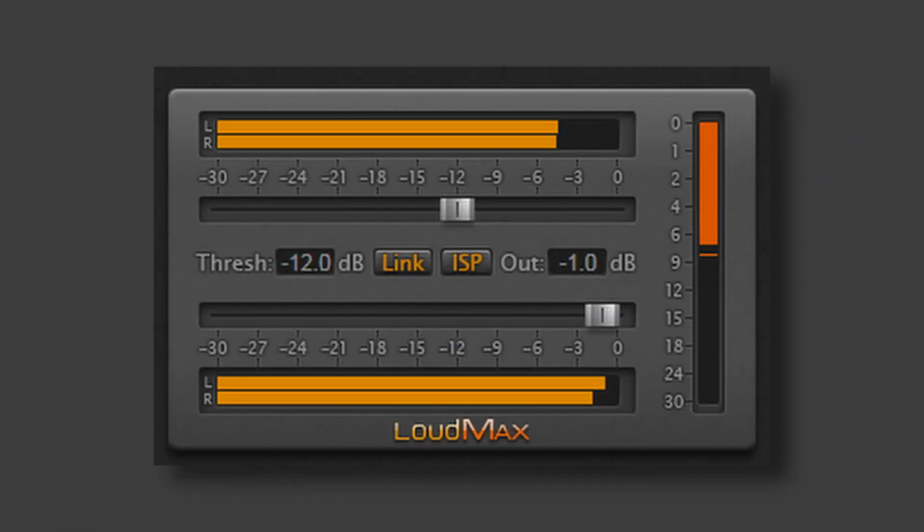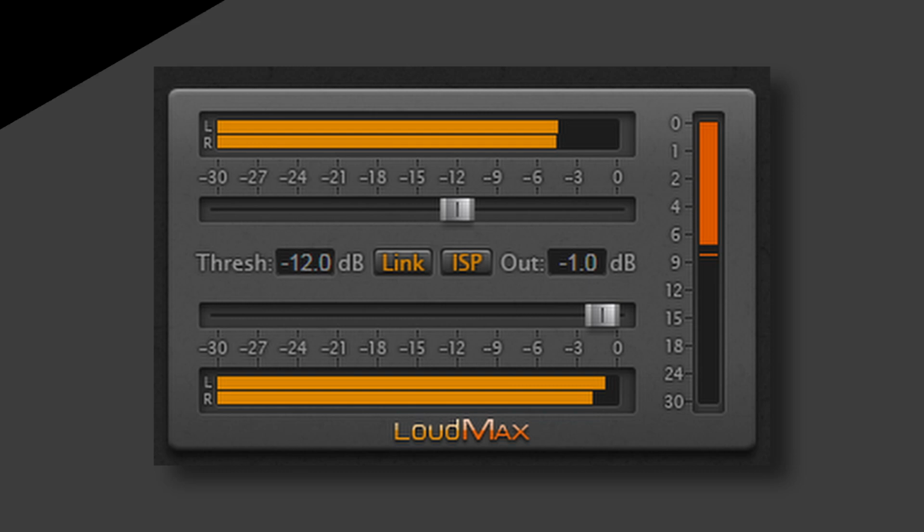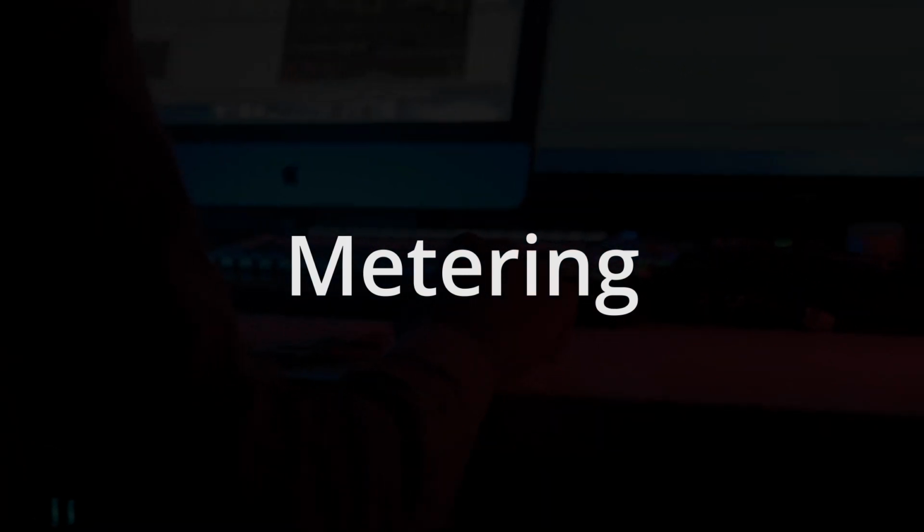Now lastly, let me also mention a free option. So here we have Loud Max by Thomas Mund. It's a free true peak limiter, sounds pretty clean, and it's a good option to put at the end of your mastering chain. Okay, now let's move on to the last category I'll mention today, and that is the metering